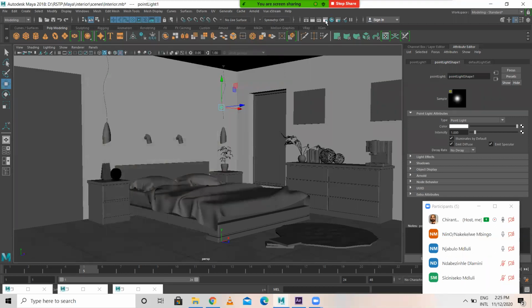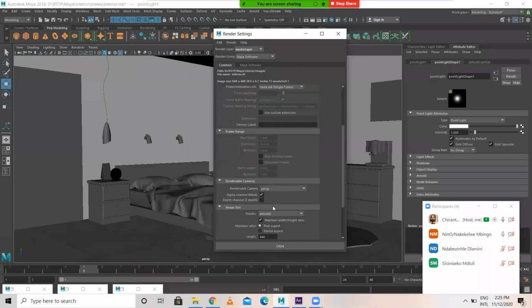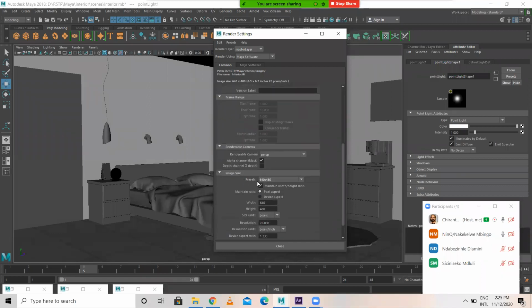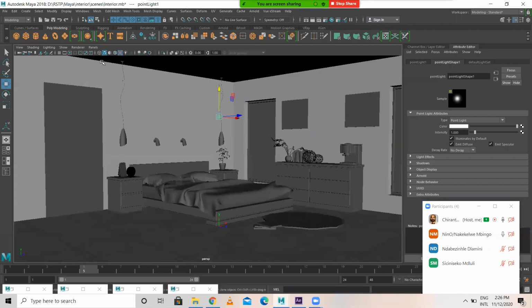And in settings, what I'll do, render settings, common, come to common, here image size, this is smaller size, let us take bigger size, that is HD 720 or full HD. Let's take HD 720, half HD. And here this box is there, no?